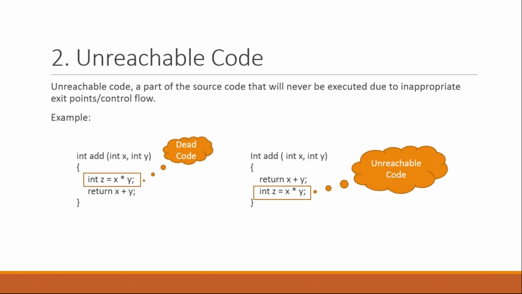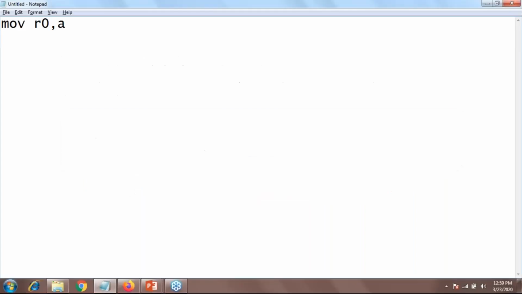Now let's go to the second. That is unreachable code elimination. Now what is unreachable code? Sometimes we write code that the compiler will never visit, that part never going to be executed by our compiler, our loop, or our function. Why? Because sometimes intentionally or maybe unintentionally we write something like this.